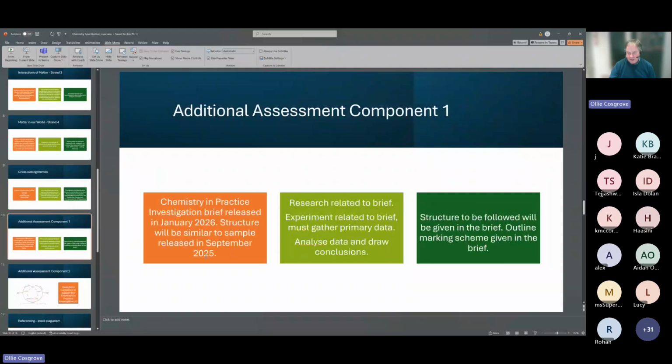Okay, so just before we get stuck into the additional assessment component, we'll just double check and see if there's any other little questions here. We're all right so far. Okay, so